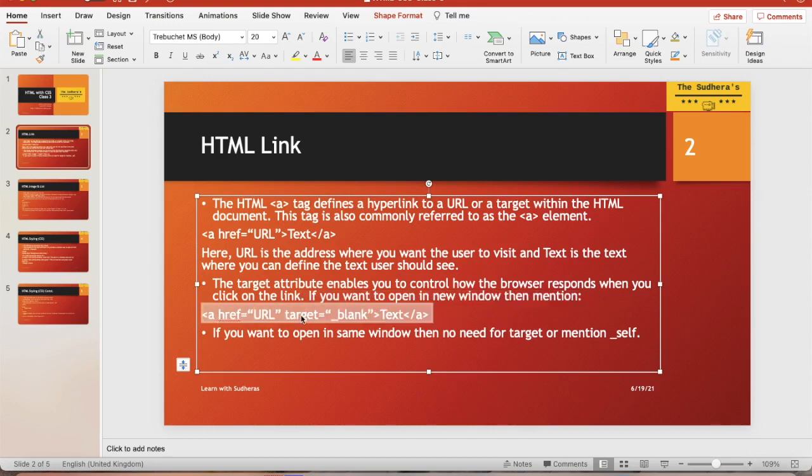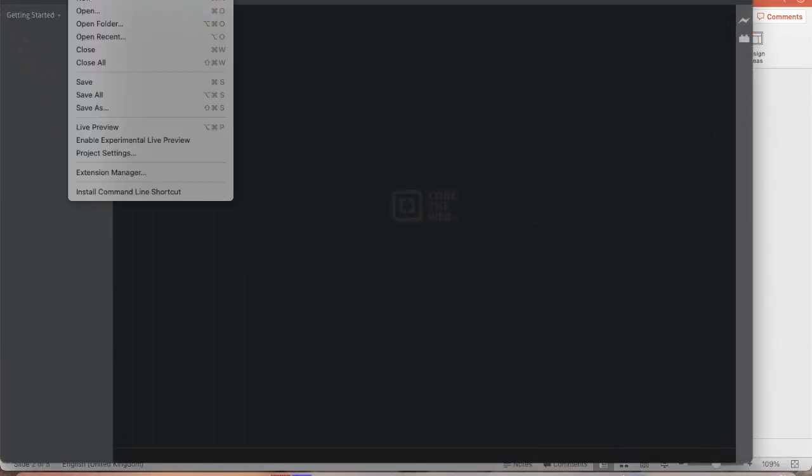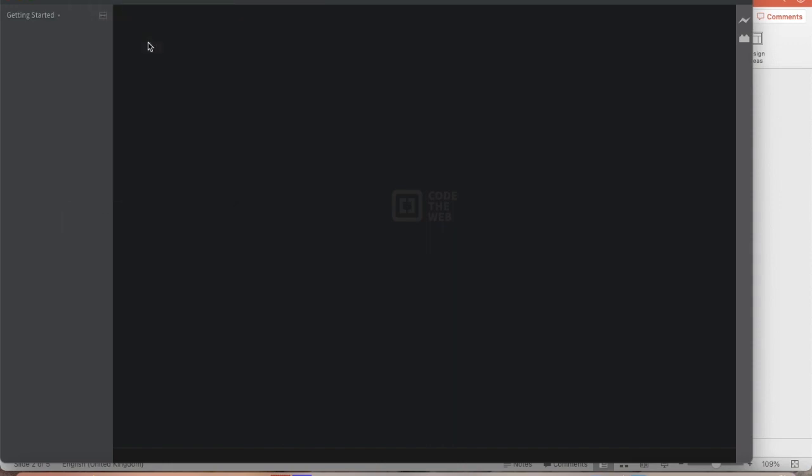I will just copy this code. I will just open Brackets, a notepad editor. You can open Notepad++ as well. So I will just create a new file. I will just paste this link and change the URL. I will mention HTTP.